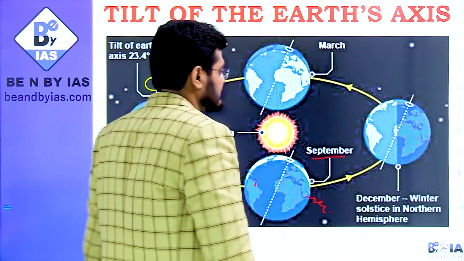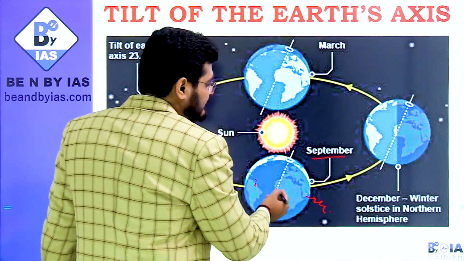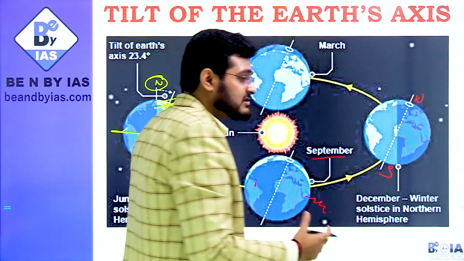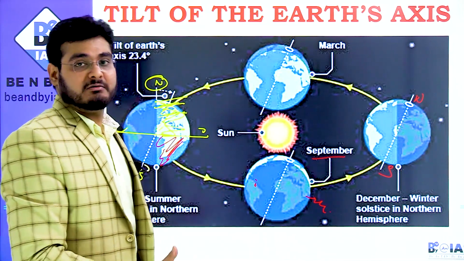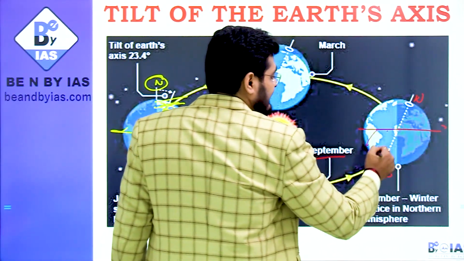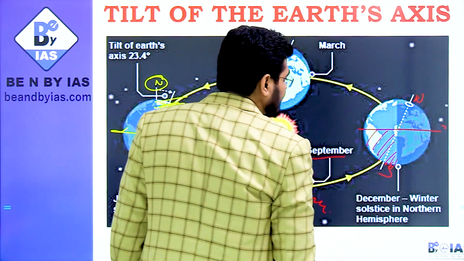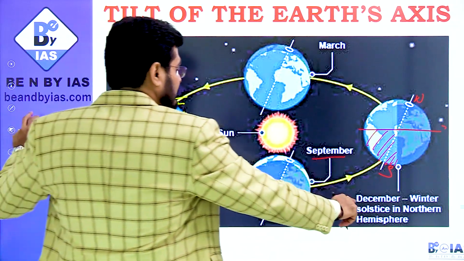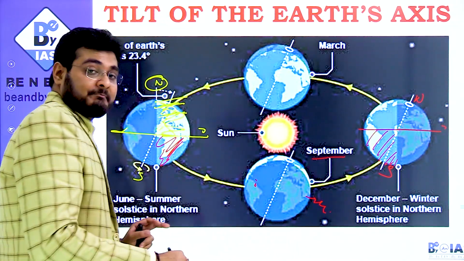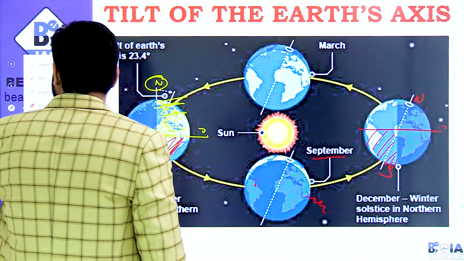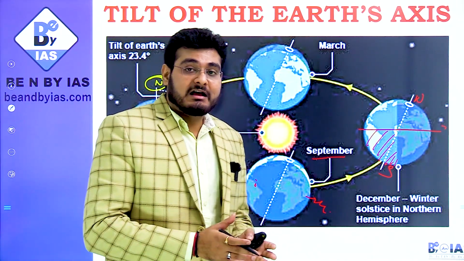towards the solstice. Now when it goes from this area to this area, now this is your northern hemisphere, this is your southern hemisphere. Tell me which hemisphere is receiving the maximum amount of sunlight. You can see that this is the equator. This is the area where the maximum amount of sunlight is falling. This is your southern hemisphere. So in winter solstice, which happens in the month of December, it is the southern hemisphere which receives the maximum amount of sunlight, and that is the reason why during Christmas Australia has summer days.